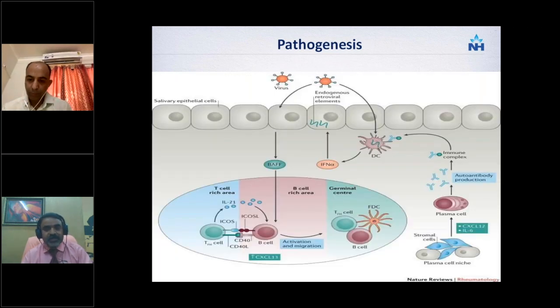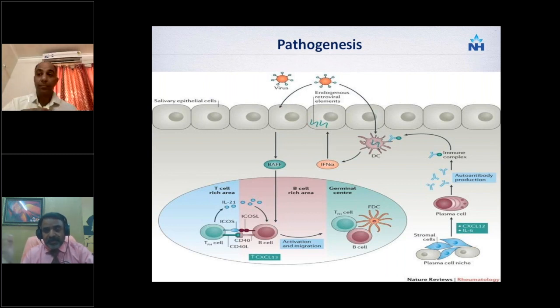which will manifest as purpura over the skin. So this is also the same, but the important thing is there is first an innate immune system activation, followed by acquired immune activation in the form of T and B lymphocyte activation. In the innate immune system there will be an interferon signature, and this interferon is responsible for the fatigability and constitutional features. Apart from that, B cell overactivation will lead to germinal center expansion, and this leads to autoantibody production